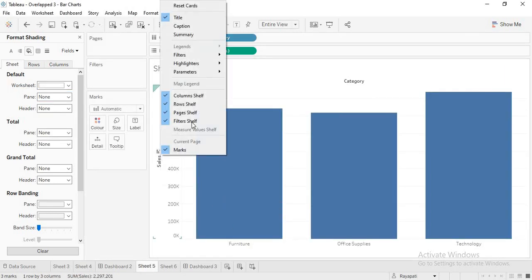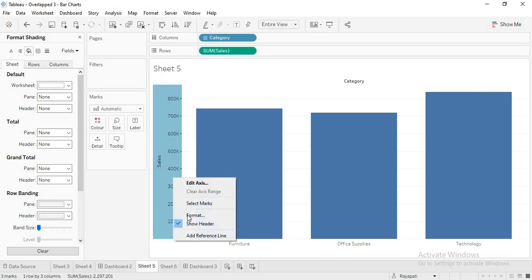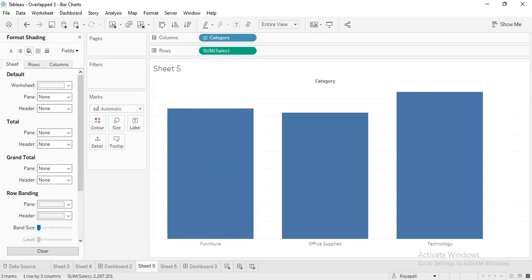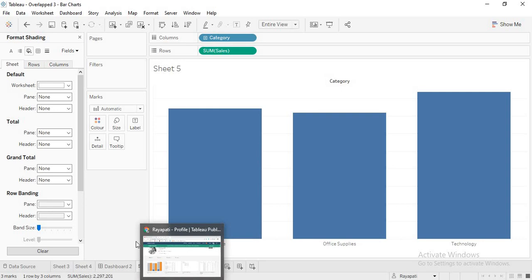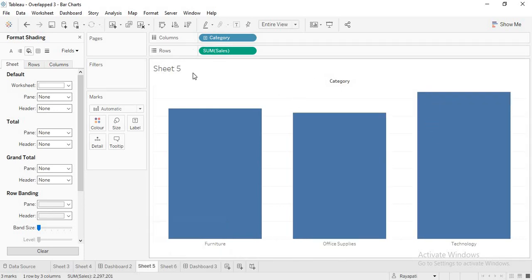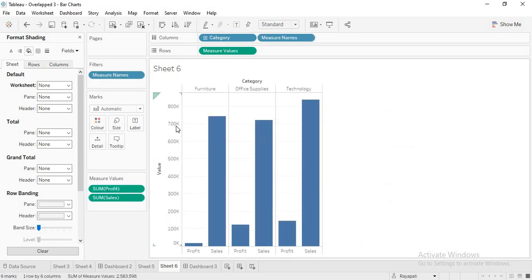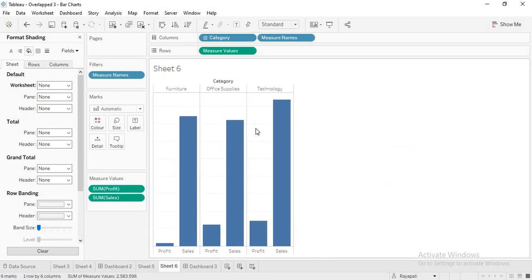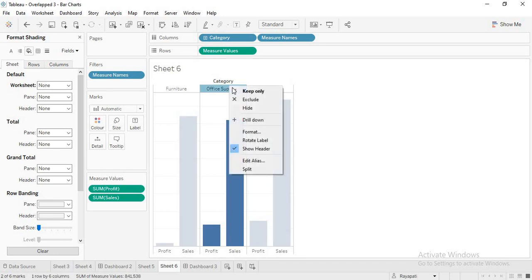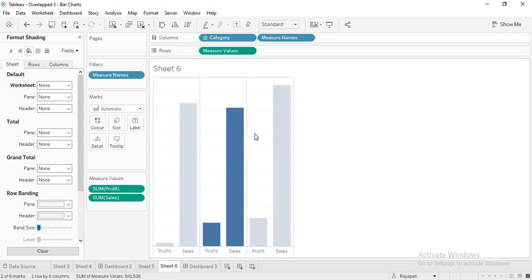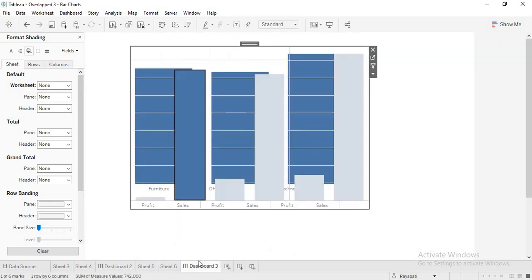Now I'm removing this axis, and at the same time, I will also hide these field labels. And I'll come here and do the same. I'll just hide the axis. I don't want to show these. This is your choice. I am not showing it, doesn't mean you should not show it.